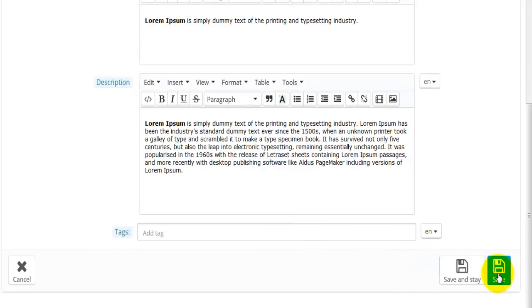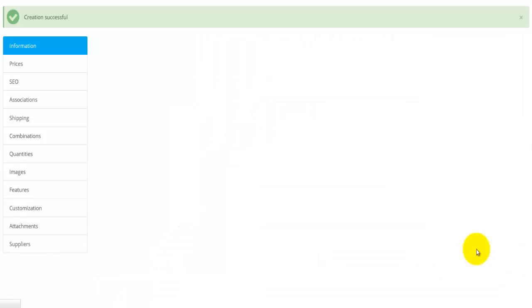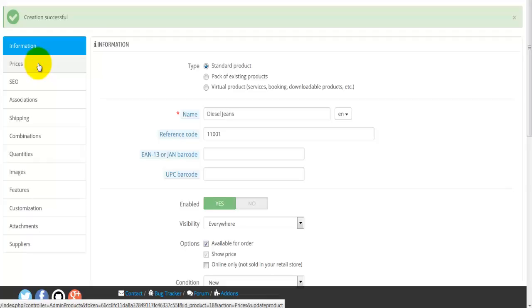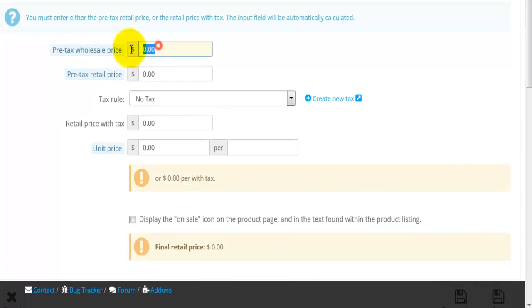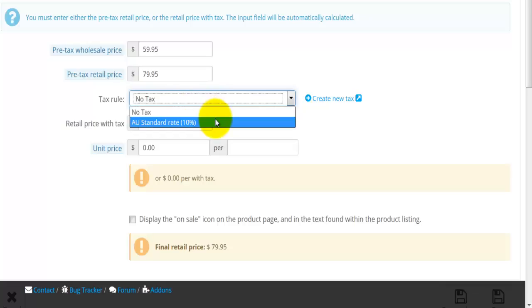Like before, I'm not going to hit save, as this will take me to my products list page. I'm going to hit save and stay, as I need to enter more information. I'll move into the prices section now, and here you'll find a couple of options. First option is the wholesale price. Let's say, for example, I'm selling my diesel jeans at $59.95, and the retail price, let's make this one $79.95. The tax rule, I'm going to hit the drop down menu and select